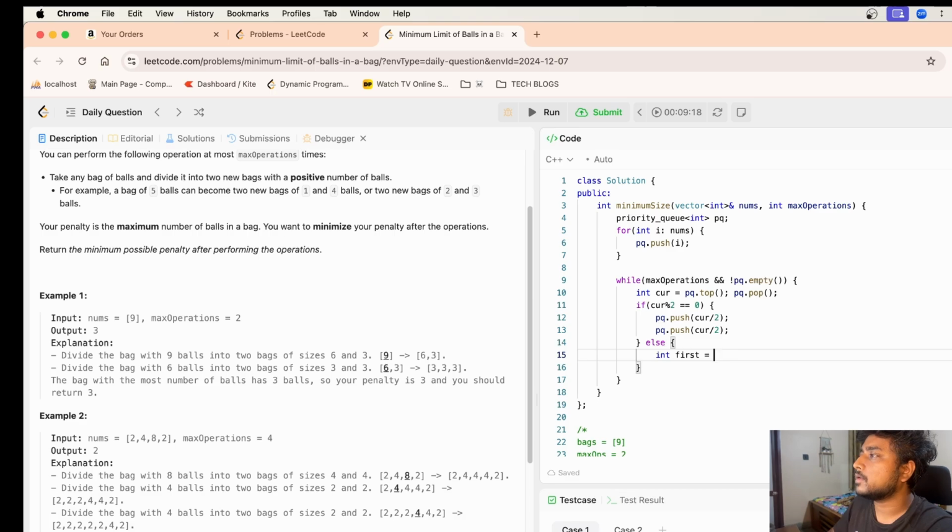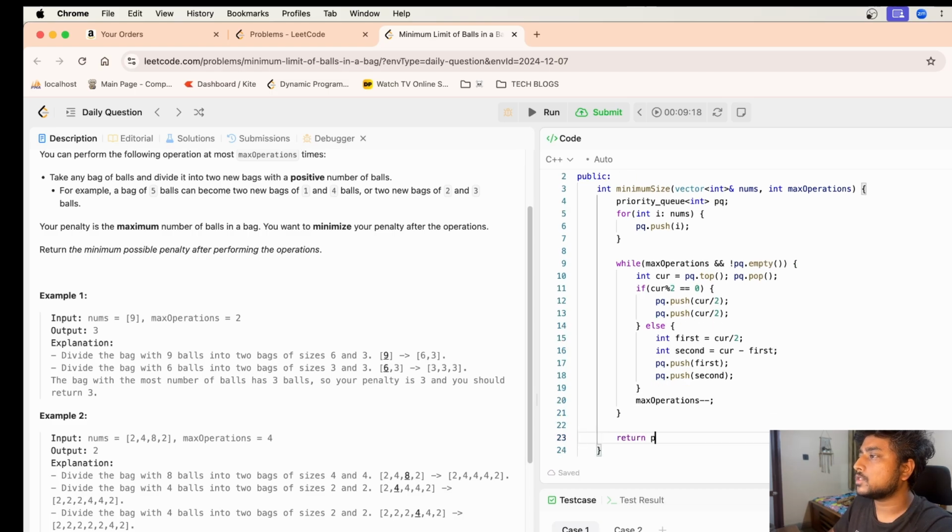In fact, first is equal to current by 2, and the second is going to be equal to current minus first, and I push the first as well as the second, and for everything I say max operations minus minus, and at the top we can just return whatever is at the top. Run this.